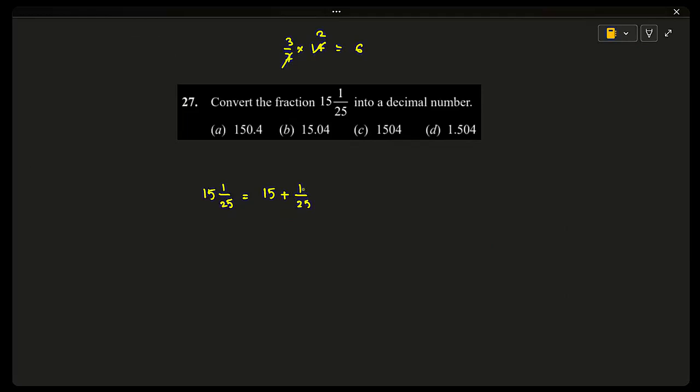Now 1 by 25, we can write easily as a decimal. 25 is a factor of 10 power 2, that is 100. So how can we convert 25 into 100? 25 4s are 100. So we'll be getting 15 plus 4 divided by 100, which is 0.04. So it's going to be 15